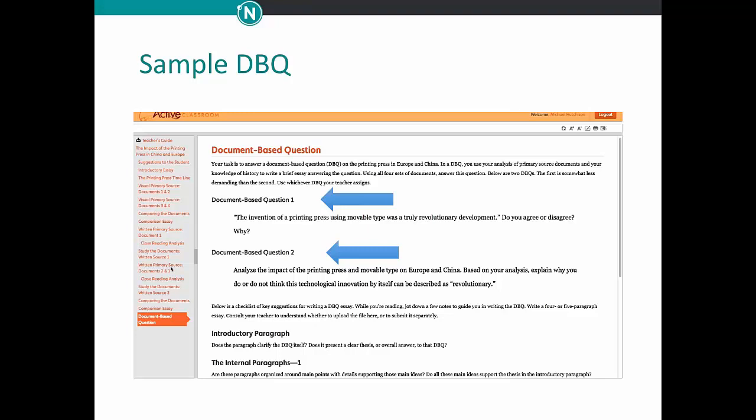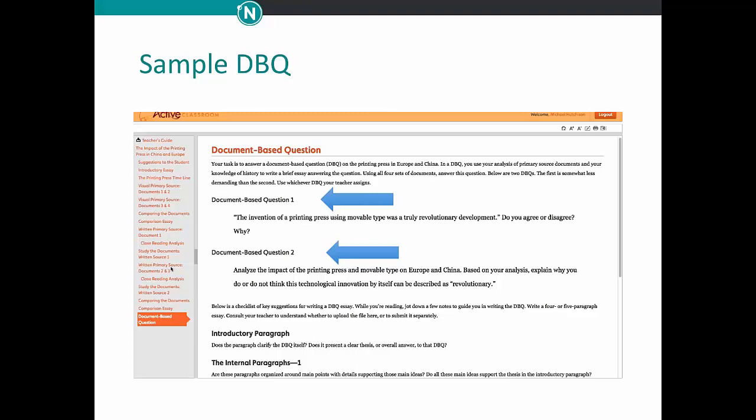So the second question is, analyze the impact of the printing press and movable type on Europe and China. Based on your analysis, explain why you do or do not think this technological innovation by itself can be described as revolutionary. What I suggested is that if we're teaching an AP class and we want students to have a little bit more rigorous work compared to what we might want in a meat and taters U.S. history class, we might want to assign both,